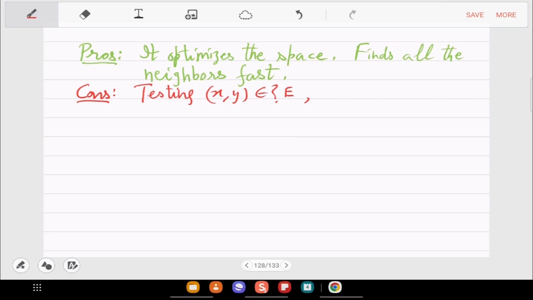To test that, you have to go to the array location x, which is constant time, but then you have to go through all the neighbors of x to look for y. So in the worst case, this is order n. This is not letting you access an edge most efficiently. You have to look at the whole list of x. So testing this takes order n.